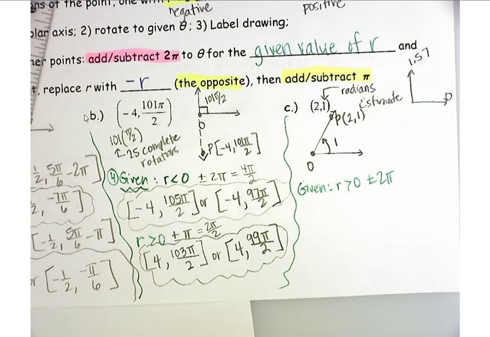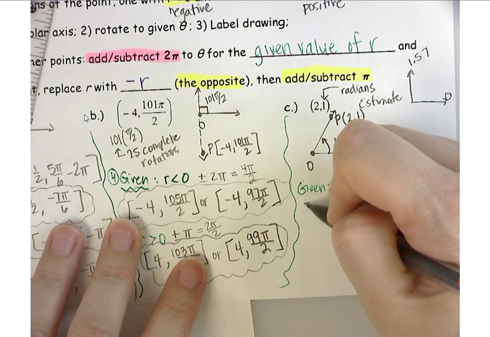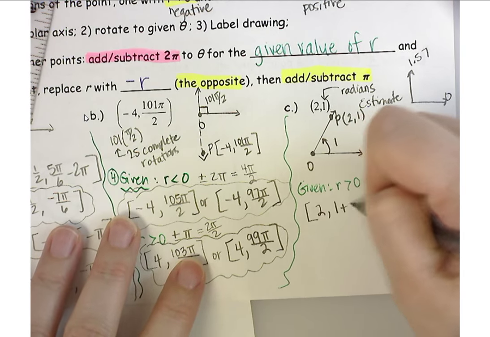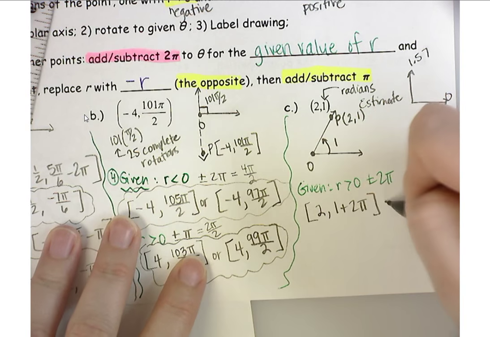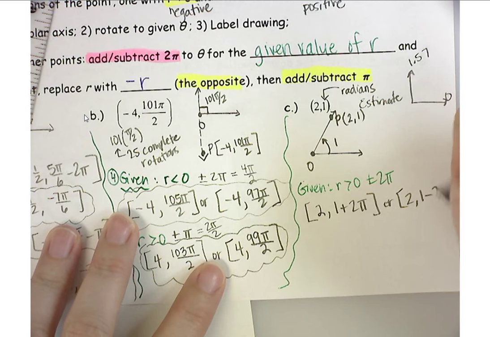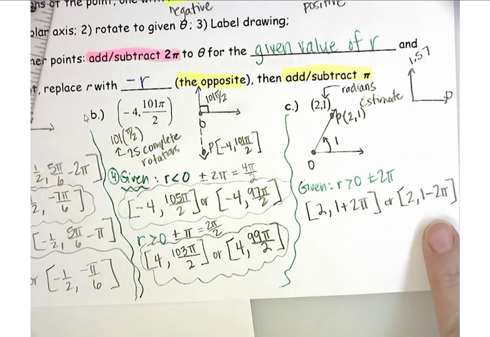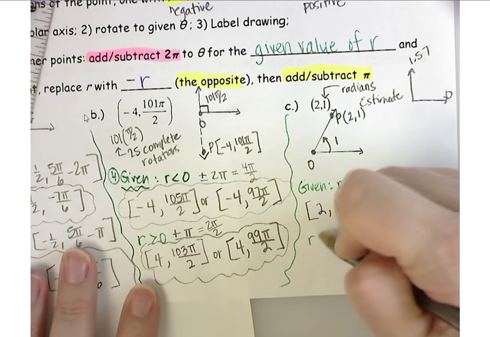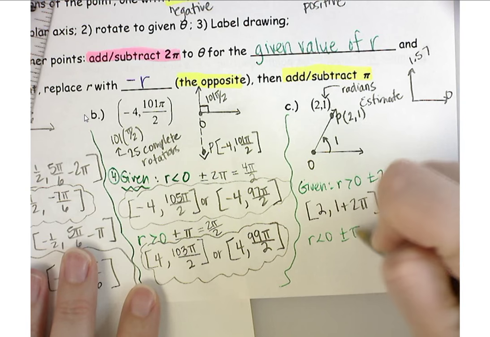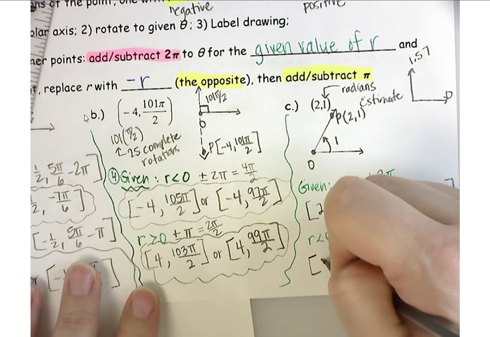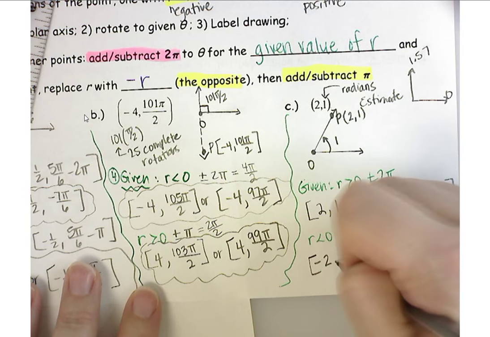If I'm keeping it exact, then that means I'm just going to have 2, 1 plus 2 pi, or I have 2 and then 1 minus 2 pi. Okay, and you can leave it just like that. And then for r is less than 0, when I do the opposite, I'm going to add or subtract pi. So I have negative 2 now, and then 1 plus pi,